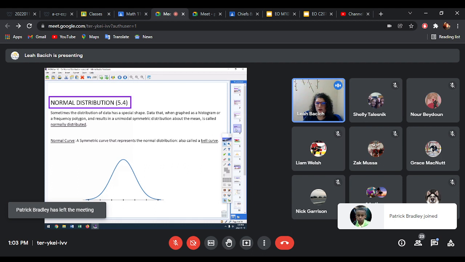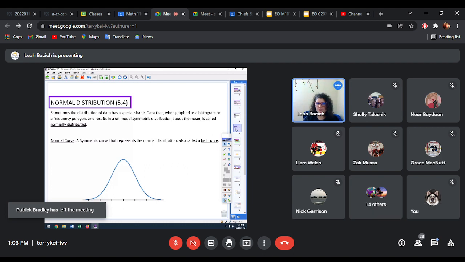So, a normal distribution. Sometimes when we have data, a lot of data, it has a special shape. Data that, when graphed as a histogram or frequency polygon, can be said to be normally distributed. And when it's normally distributed, it has some really cool properties. So if you look at this graph right here,